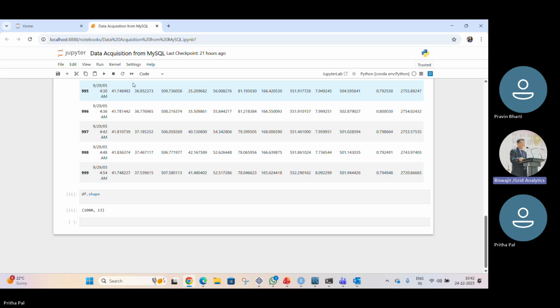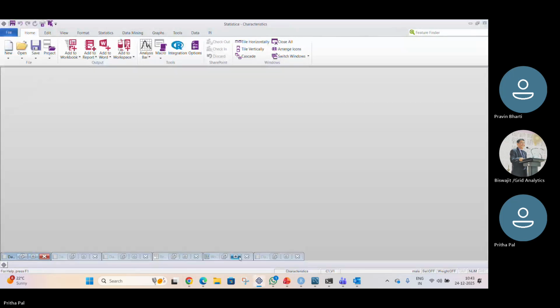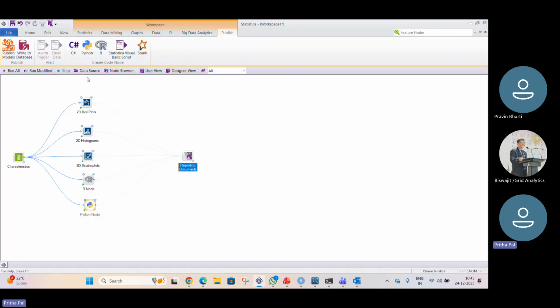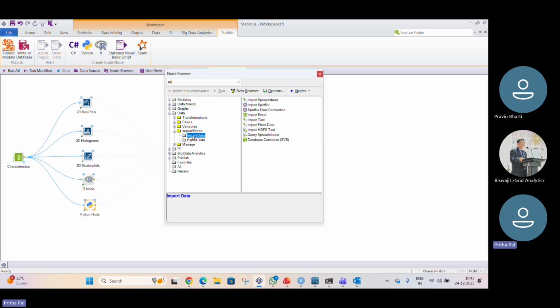Pritha, for this workspace node also you can show quickly, even if it is displaying the 10 rows. Yes, sir. Let me. Okay. Even using Statistica, the no-code, low-code tool, the workspace interface, we can also connect our database. For that, using the node browser, clicking all, suppose in the data section, clicking import data. Next, if we click the database connector,